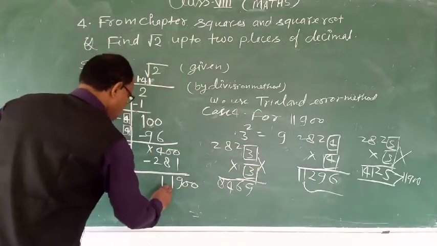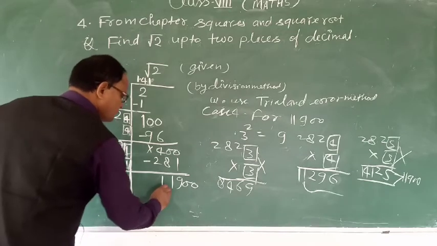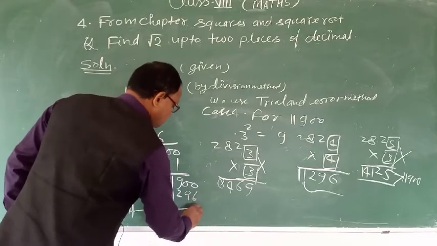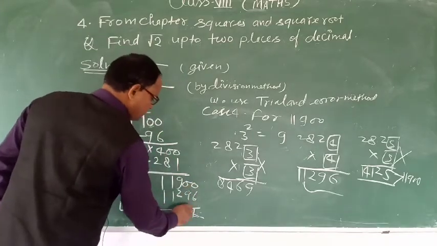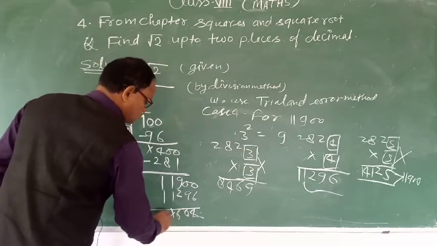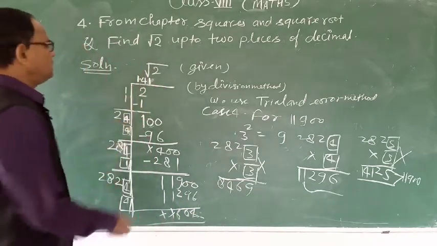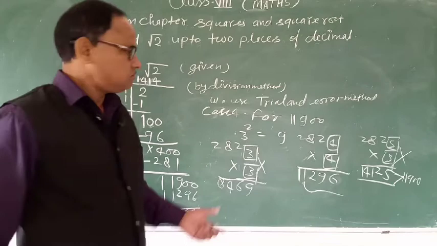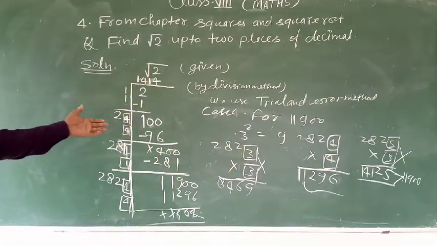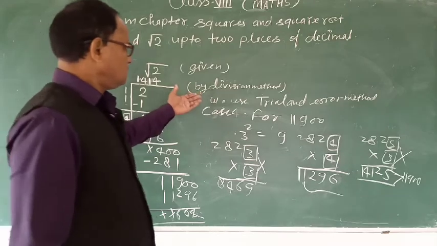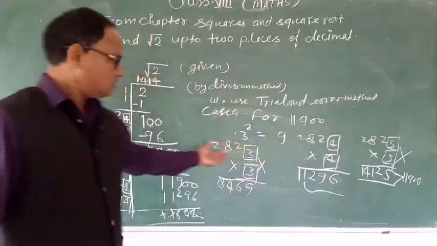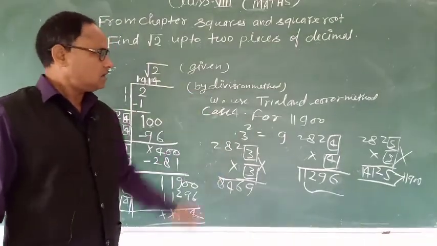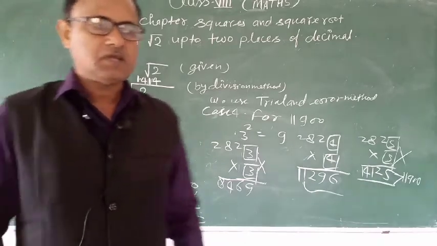We can write here 4 4, 11 11 2 9 6. Okay, student. Here we can write 10 minus 6 is 4, here 0, 8 minus 2 is 6, here cancel. Okay, student. Here we can write 4. Okay, student. These types of equations you can solve by trial and error methods. These types of questions you can solve by this method. Okay, student. Next problems I will teach you tomorrow.